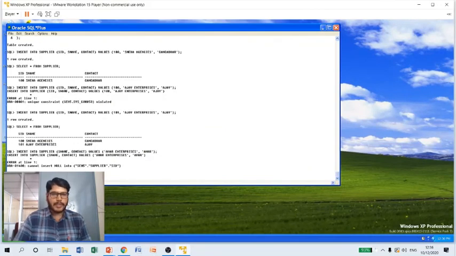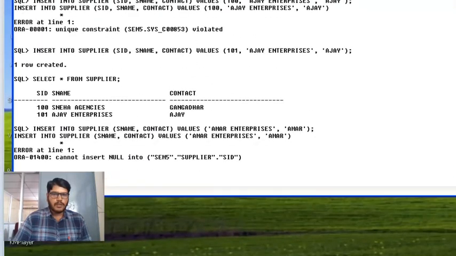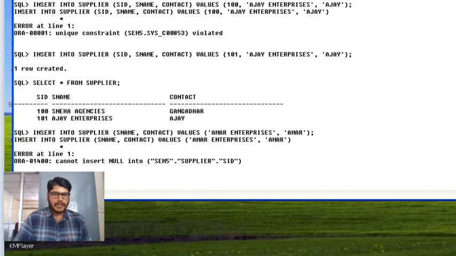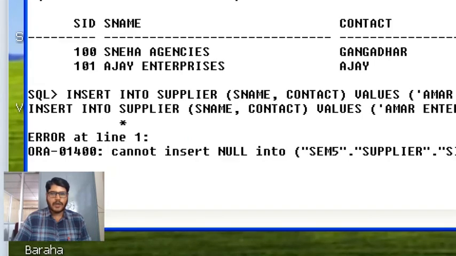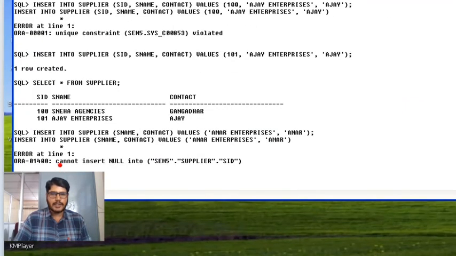Obviously, we should get an error because we have defined SID as a primary key here. So it is showing a message saying that it cannot insert null. As you can see, there is an error at line number 1 saying cannot insert null into the supplier table, SID column. For this column, I cannot insert null, because we have defined SID as a primary key.